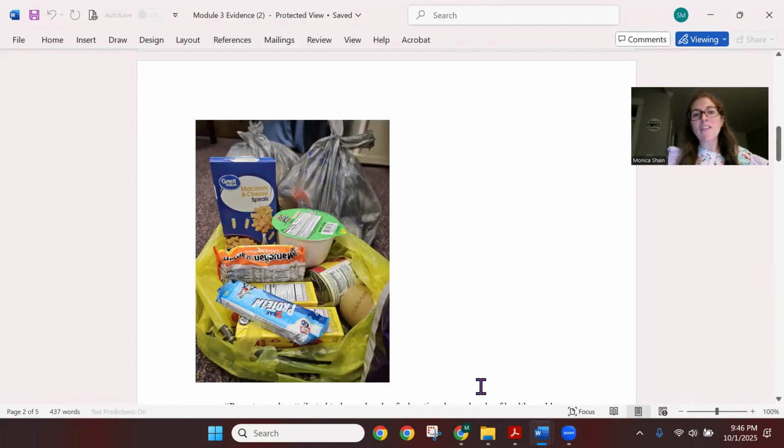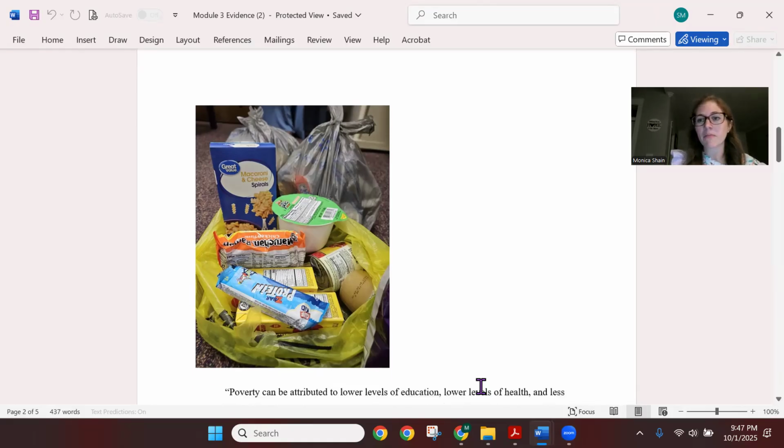When looking at evidence, I really wanted to go into my building to see what my school offers to students. What I found is that my school offers a host of different resources for students. My favorite, though, I would say, is Backpack Buddies. Backpack Buddies is a resource that we offer to students below a certain socioeconomic status. And we provide them with food that has been donated from churches or food banks. We give it to the students on Friday so that they have shelf-stable food to last them through the weekend. It's not always food that they want, but it's sustenance. It gets them through until that Monday when they can come back and get their free or reduced lunch.